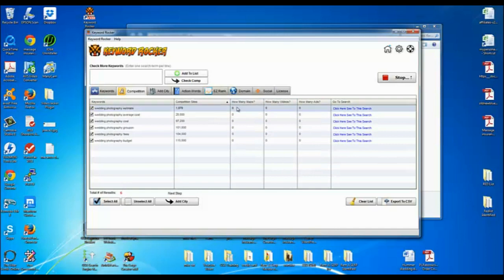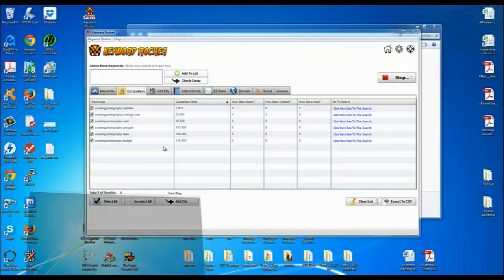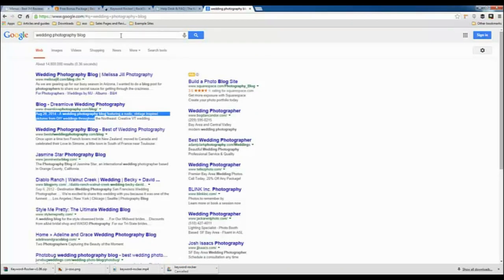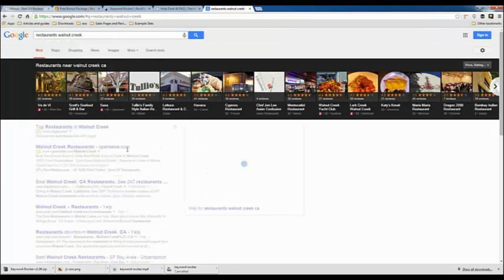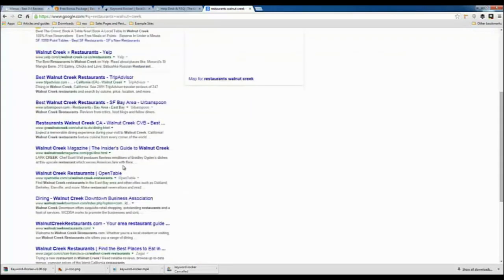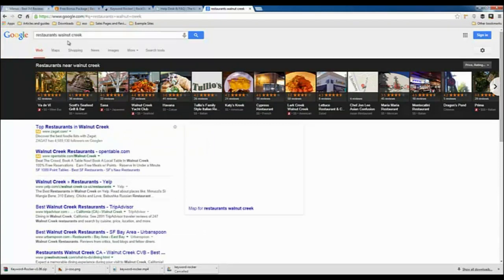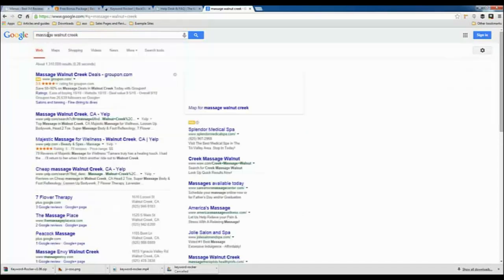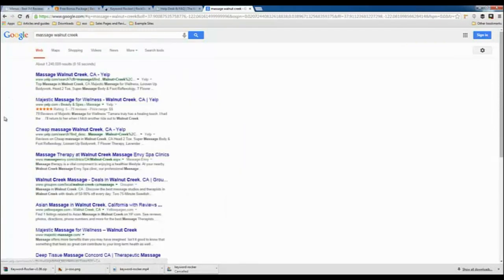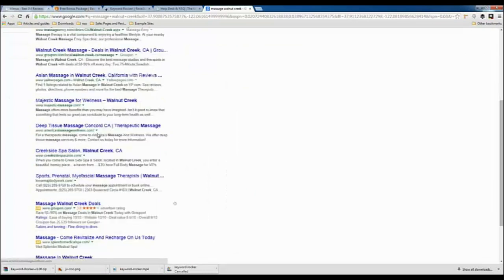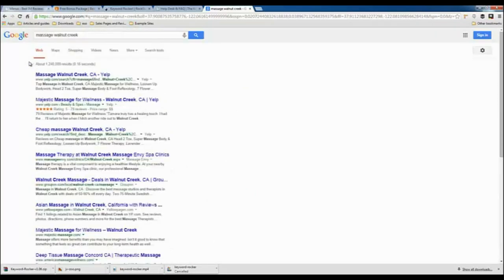Now what that says is, let me think of a keyword that has a lot of maps in the result. Hopefully I can think of something. So let's say restaurants, Walnut Creek. I have map here, but that's not the type of map I was referring to. How about this one, massage? Here we go. So these are map listings right here. You see, it went away. Well, a moment ago I had several, but let's try that again. That was really weird.